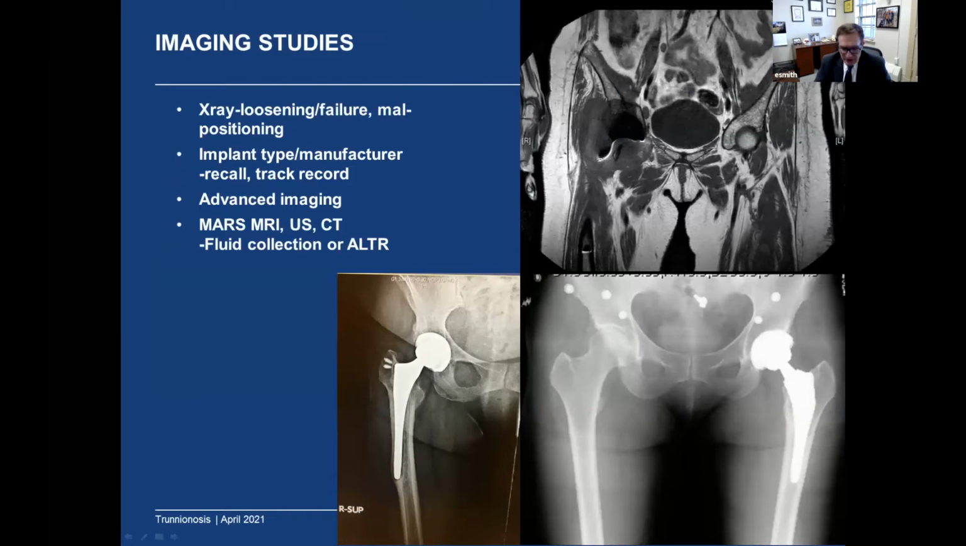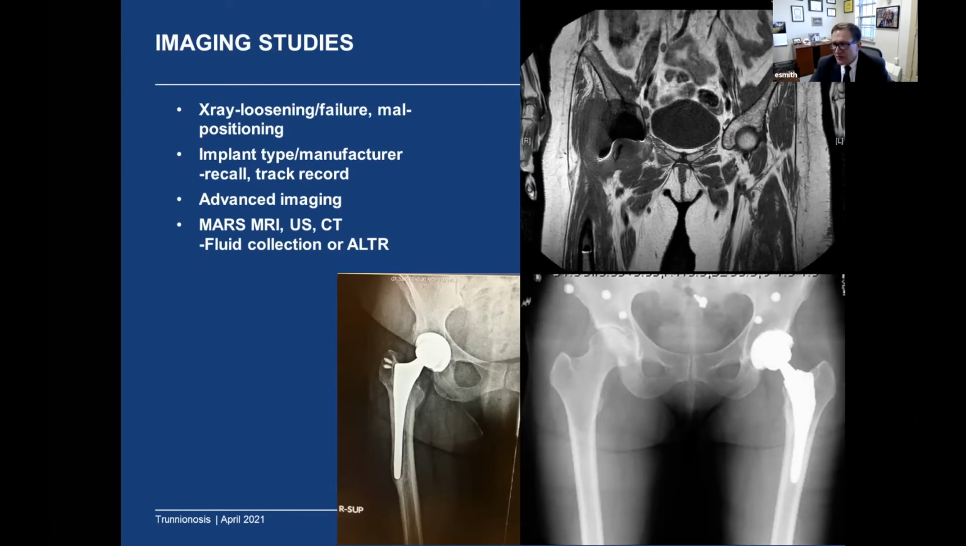Imaging studies, this is your realm completely. You get x-rays on these patients to look for other reasons, like this case in the bottom left, which is obviously some kind of catastrophic loosening of the femoral component. It's also important based on the x-ray to try to identify the implant. And this is sort of like, if you see a Dodge Geo driving down the road,